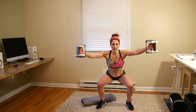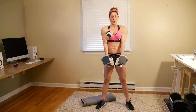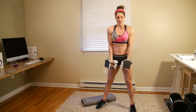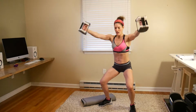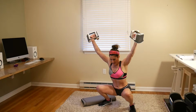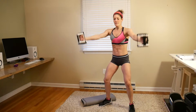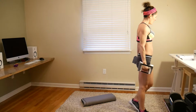So, squatting, Y. Squeeze at the top. Really focusing on squeezing those shoulder blades together at the top of this movement. Even though I'm using light weights, because of the way I'm squeezing these muscles, I'm shaking. Stay with it. Sink deep in your squat. Okay, next move